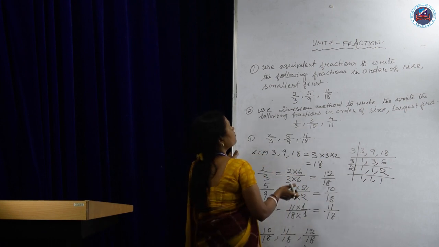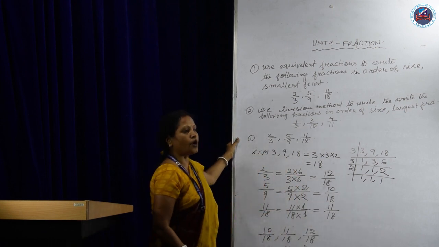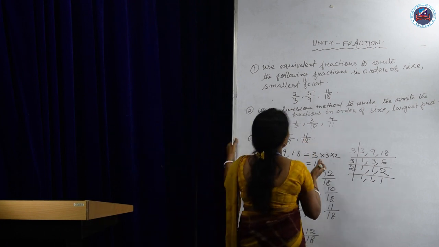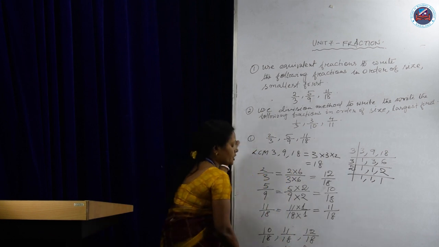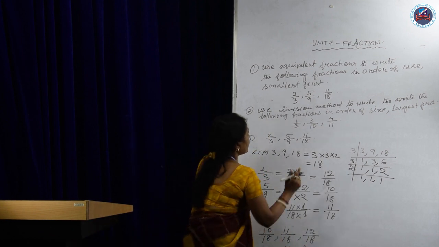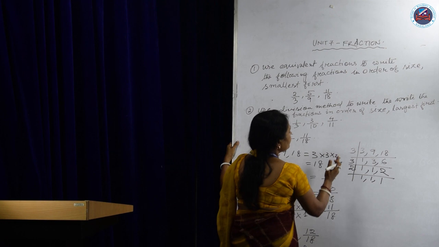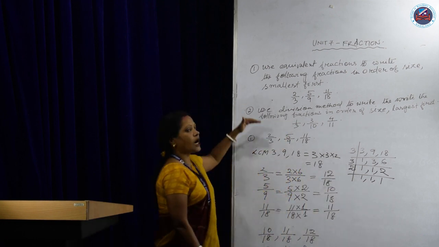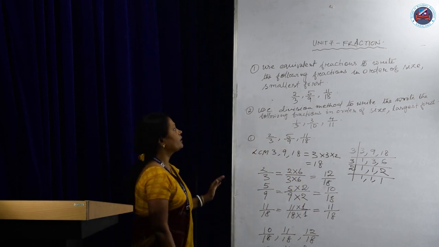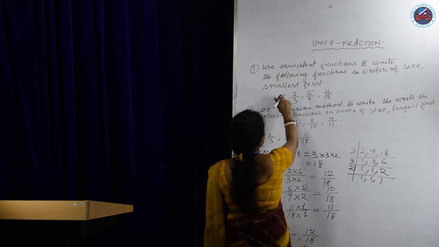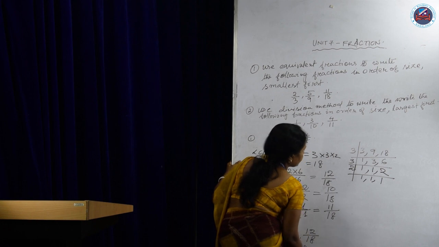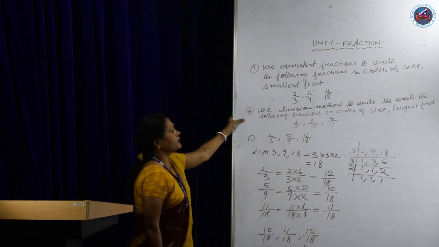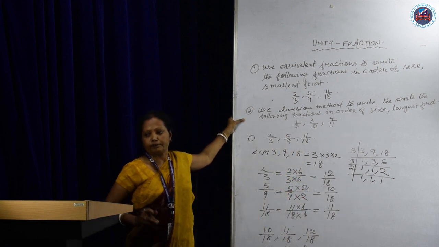So we can follow the same method for descending order also, that is from big to small. Suppose you have to order the fractions from largest one. In that case also you can order the fraction with the same method. So this is how you have to order the fraction starting from smallest or largest by using the common denominator method. Now the second method is division method.